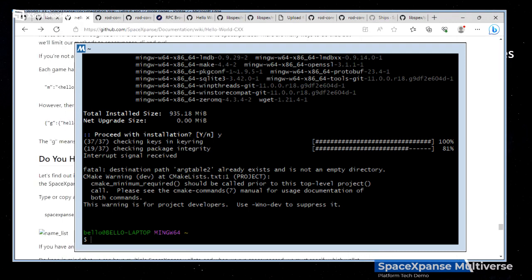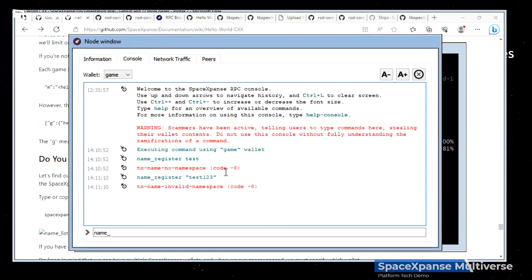And this is the actual message which will be sent to the blockchain with the next block generation. It's worth mentioning that when you make a move, it's actually a name update, and you will have to use the name update command,